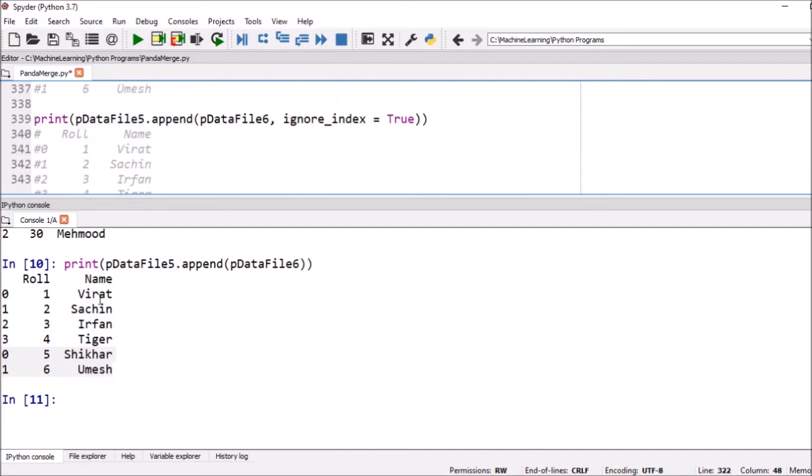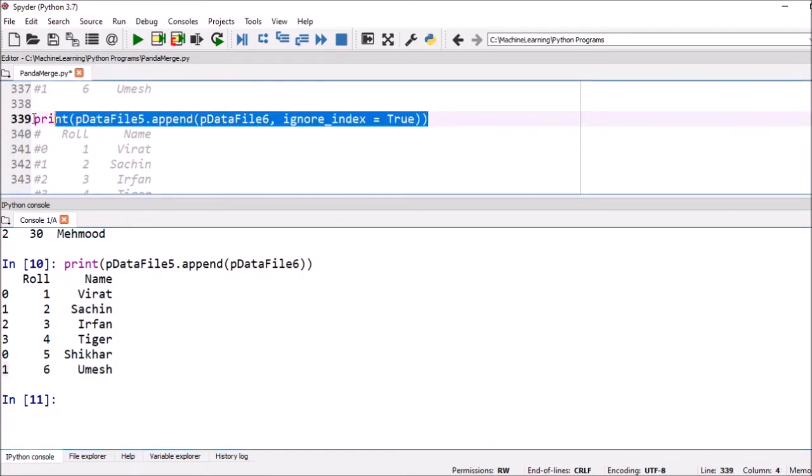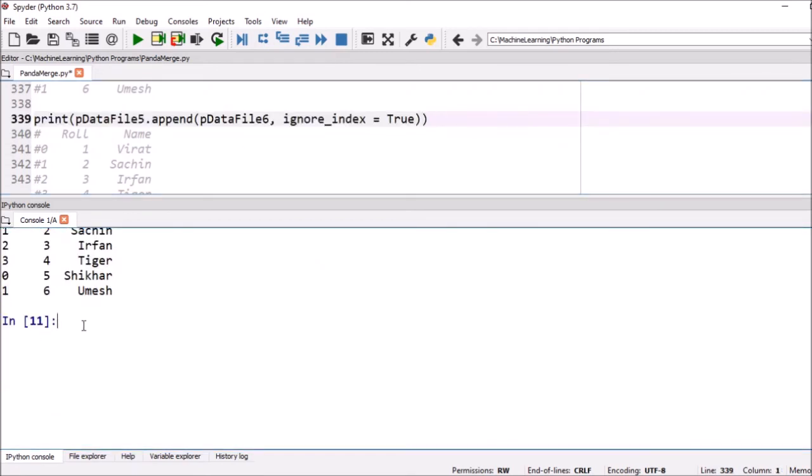Next is ignore index. Now see here the indices are 0, 1, 2, 3, and once again 0 and 1. That means it copies the indices of the original data frames. Now suppose we need fresh, continuous index values. In that case, we execute it this way.